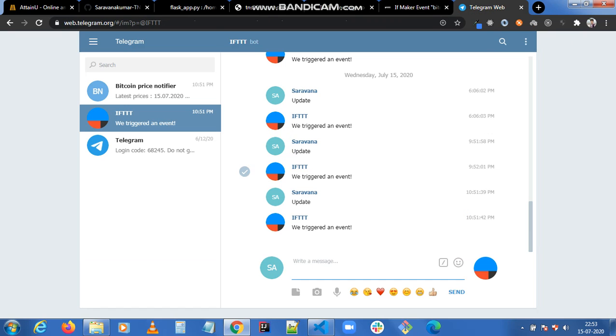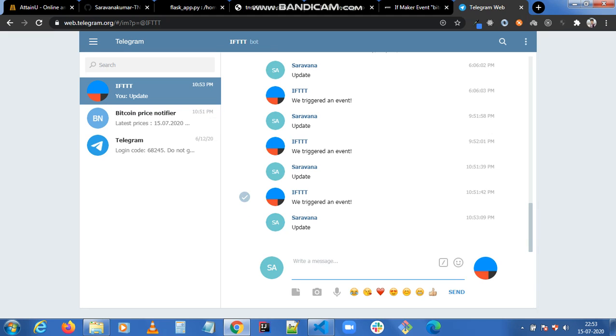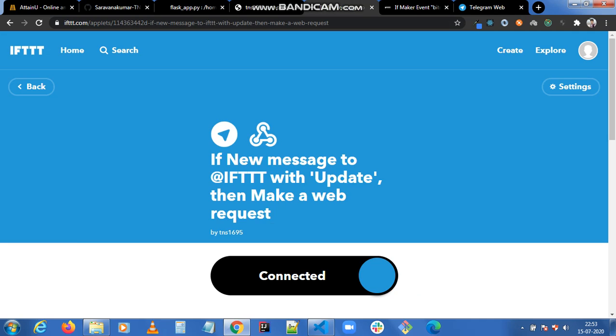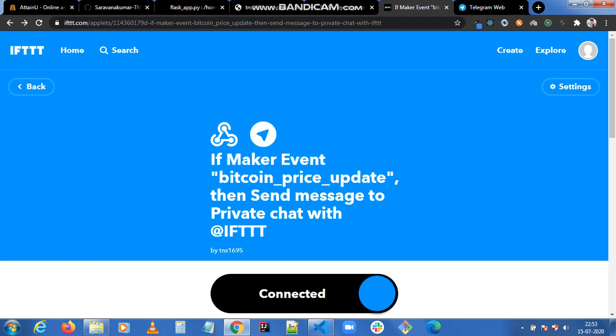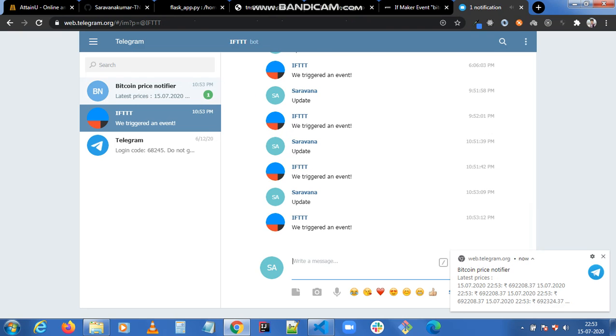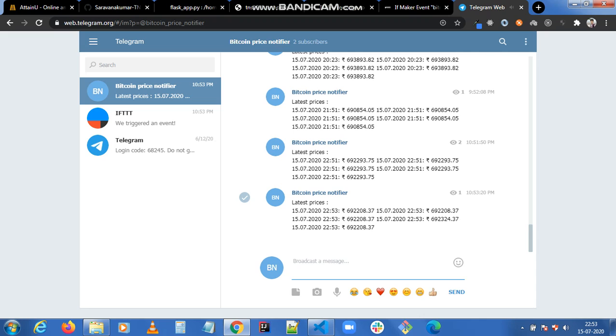As we saw here, when I say update, it triggers an event, which is this applet, and this in turn will trigger an event which is this applet that sends me the message to this Telegram channel. So we got the price notification again, right?